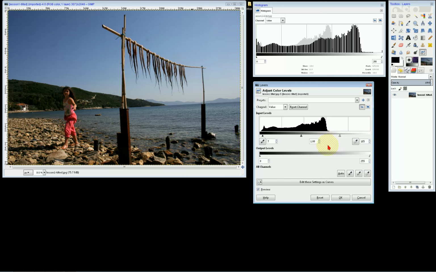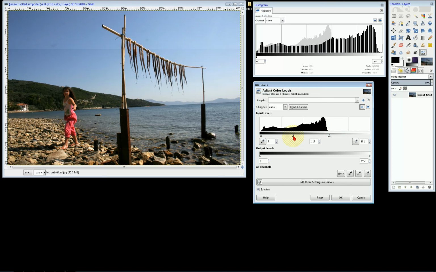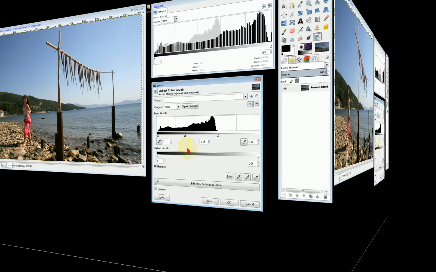With the levels tool and on the value pseudo channel, I drag the black point where the values begin, then drag the white point where the values end, and then with the gray point adjust the brightness a bit. With these three actions at first, you can get a tonally balanced image.